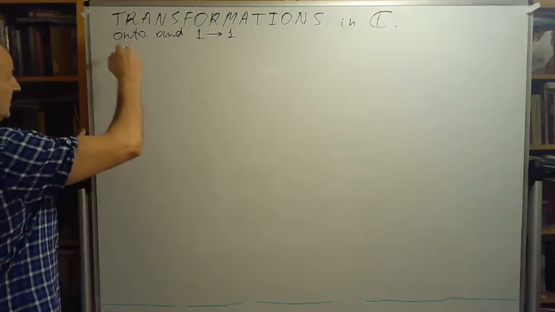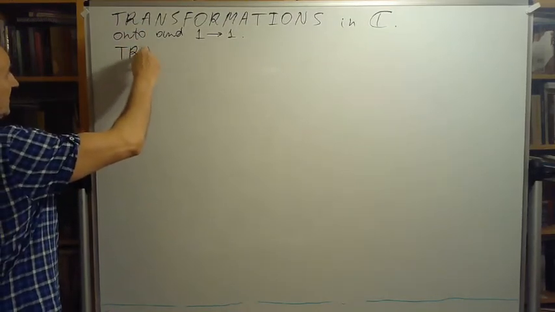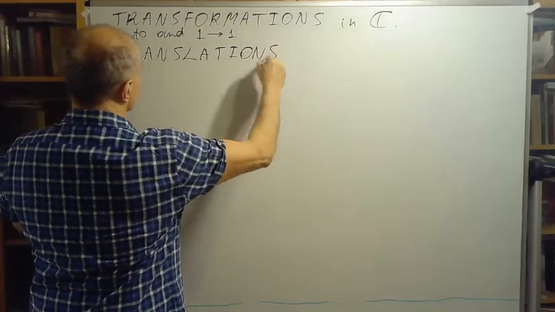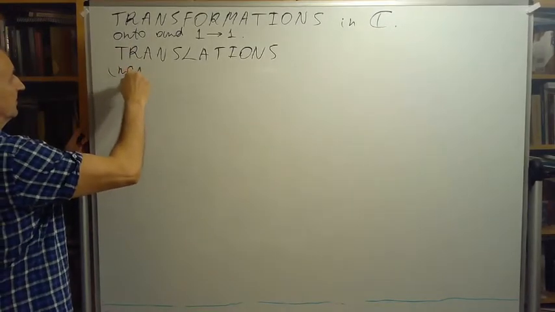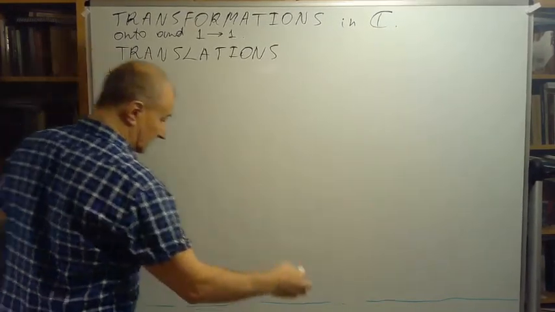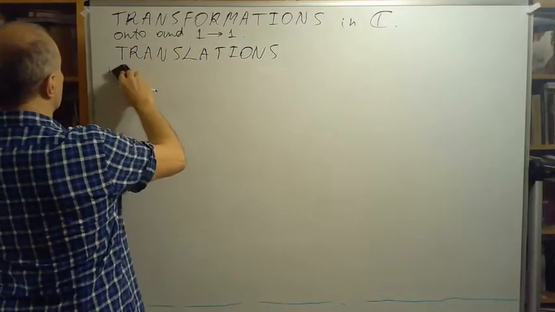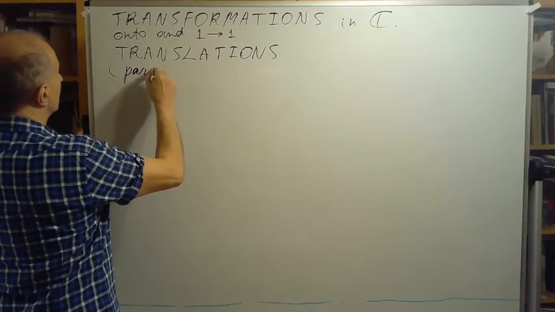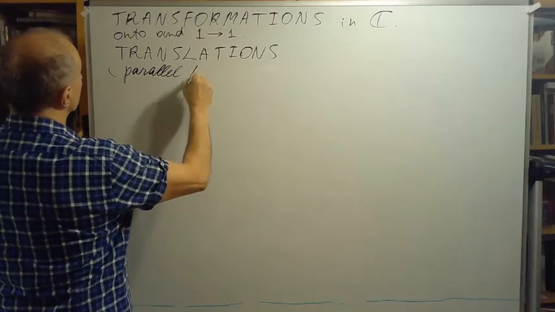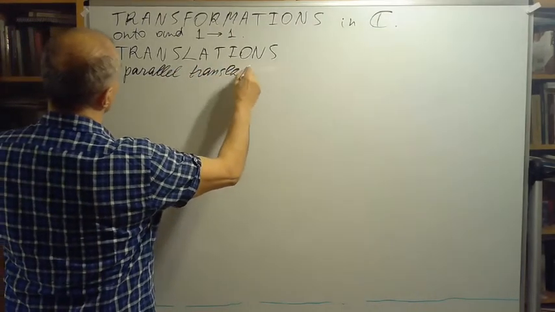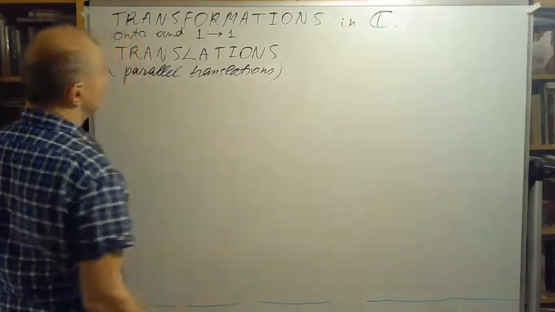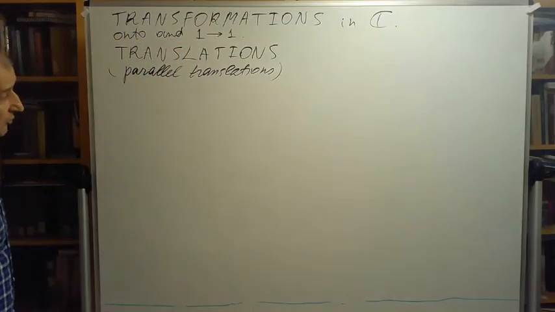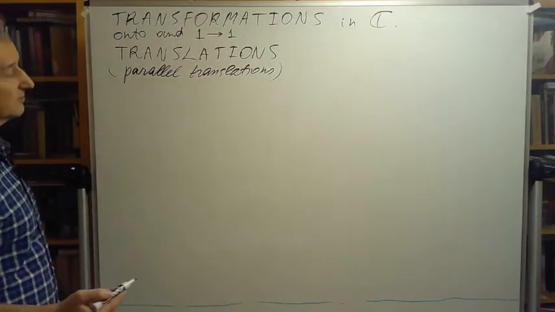So, what kind of transformation do we consider? Translations. In elementary geometry, we also call them parallel translations. In elementary geometry, we use them for constructions. What do translations do? They translate every point in the complex plane, or every vector of the complex plane, by a